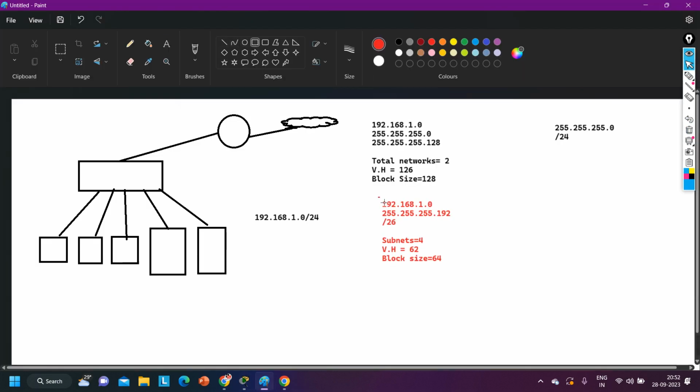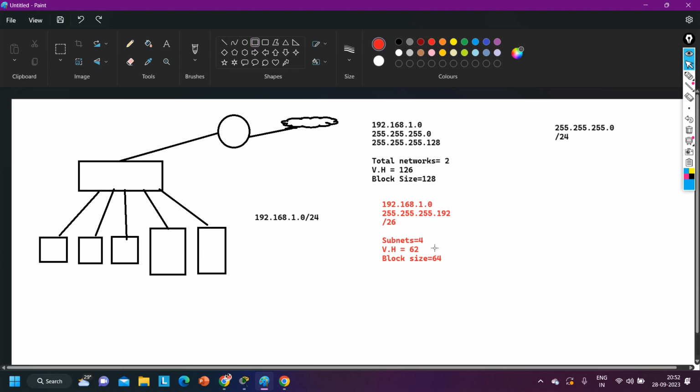This is my original network, right? And the subnet mask is 255.255.255.192. That means we have borrowed 2 bits. Slash value is 26. Because of that, the total number of subnets is 2 to the power 2, which is 4. Valid hosts is 256 minus 192, 62. And block size is, sorry,